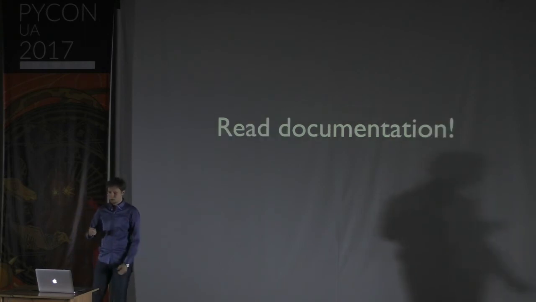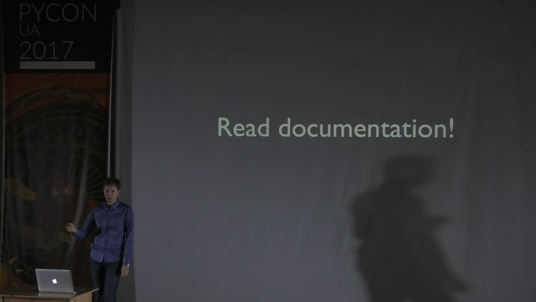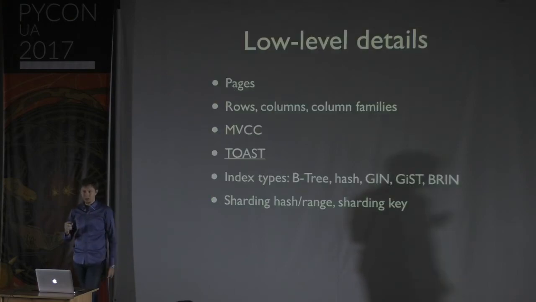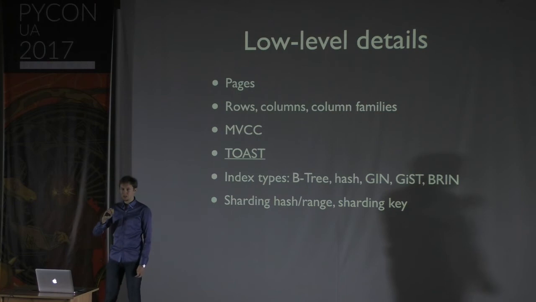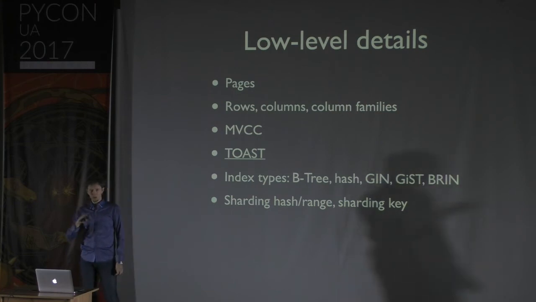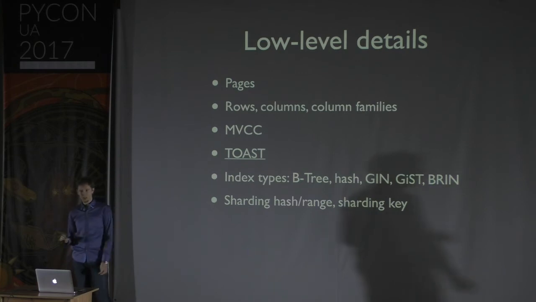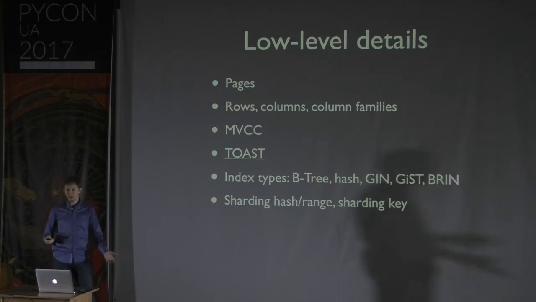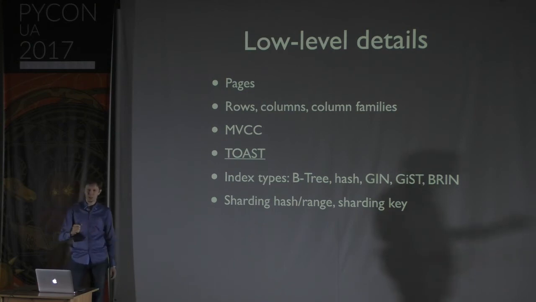And the first thing you need to do is read the documentation of your database of choice. If it's Postgres, MongoDB, anything, you need to read the documentation to learn how it works on the low level. Because the low level is very important here, and depending on how you laid out your data in the database, it can give you orders of magnitude of difference. For example, in Postgres, this TOAST, right? So what's toast? Well, it's the best thing since sliced bread, right? And actually, in Postgres it's kind of the same, but it's The Oversized-Attribute Storage Technique. So if your field is really big, and for Postgres I think really big starts from 2 kilobytes, it's put not in the same